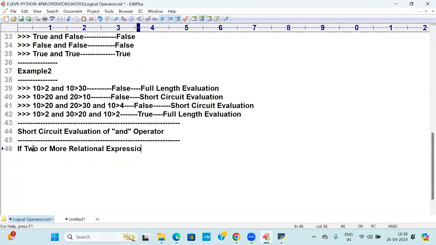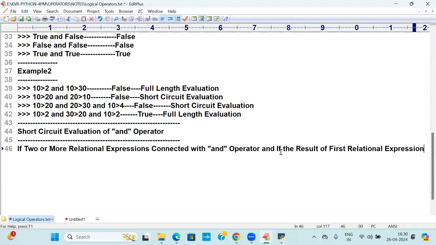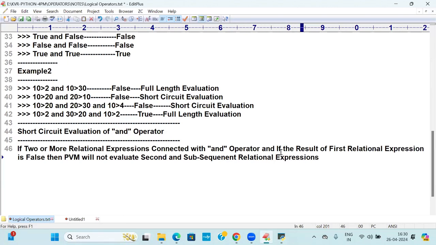If two or more relational expressions are connected with the AND operator, and if the result of the first relational expression is false, then the PVM will not evaluate the second and subsequent relational expressions, and the total result of